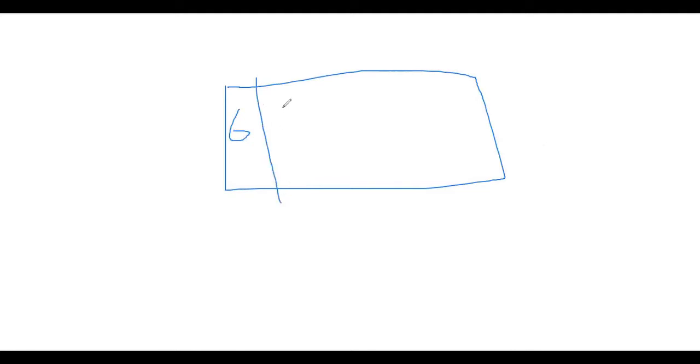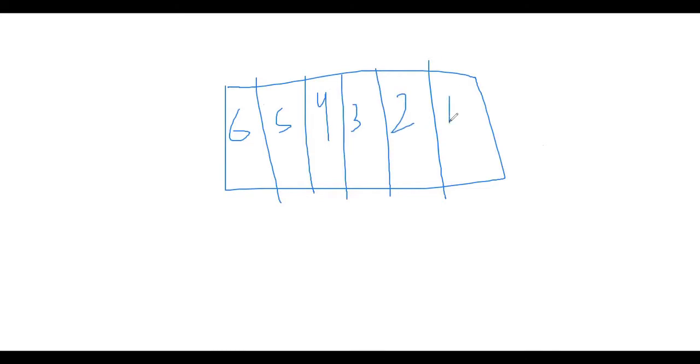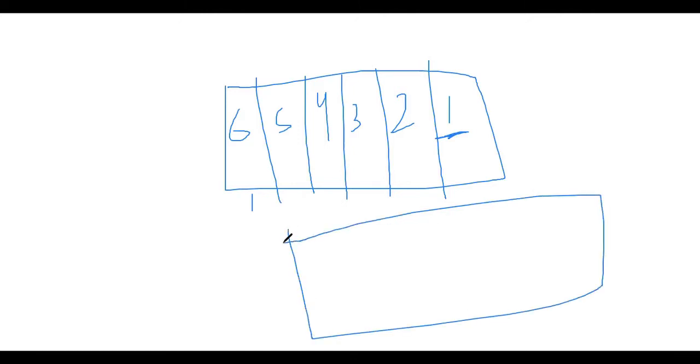6, 5, 4, 3, 2, and 1. Suppose this is our pivot. What will happen is that 1 will go to its right position, and everything else will go to the right of the 1. So we don't care about the ordering; for both the worst case scenario and the average case scenario, the code is the same.